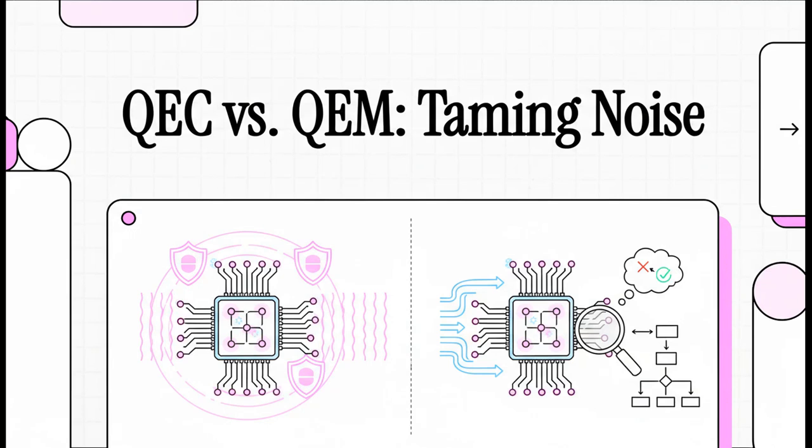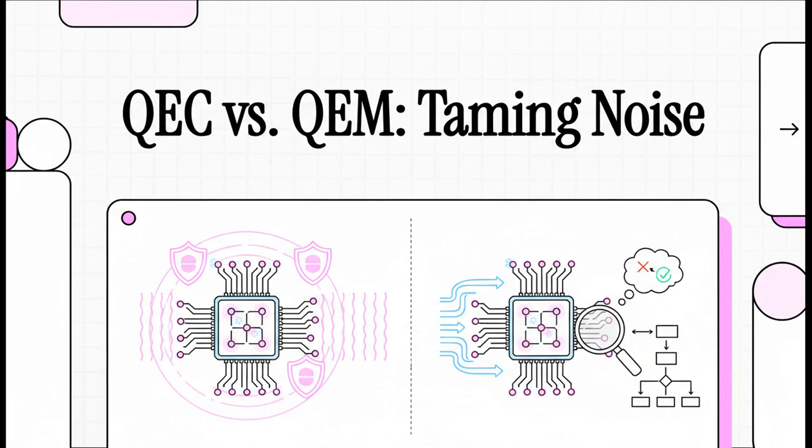So, we all hear about the incredible promise of quantum computers, right? How they're going to solve problems we can't even dream of tackling today. But here's the dirty secret: they're unbelievably noisy. They make a ton of mistakes. It's kind of like trying to build a supercomputer with faulty wiring. So, the real question is, how do you get a reliable answer from a fundamentally unreliable machine?